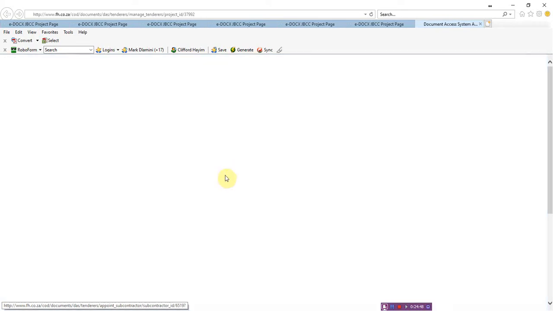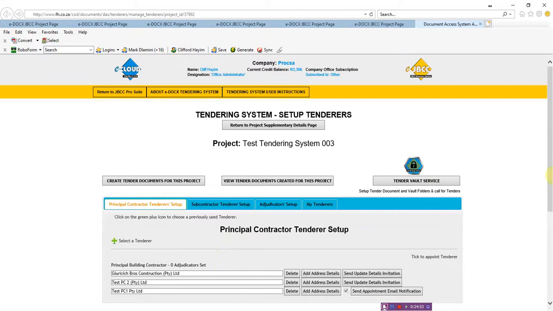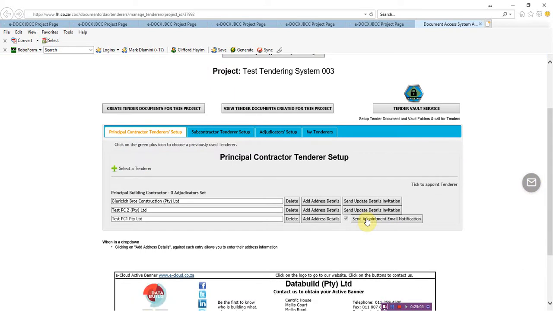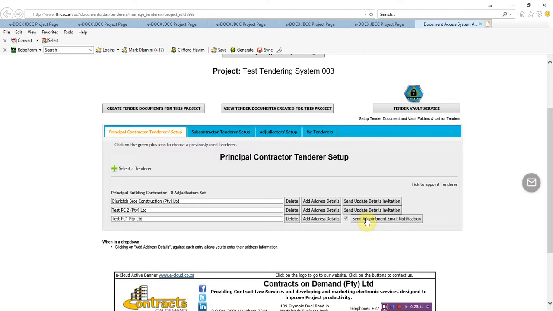It gives us the opportunity to send out a standard email to that, which we haven't done yet, but there is an option if you want to send an appointment email notification to that particular contractor, and at the same time it will convert that yes to a no, so we now know that it's no longer a tender contract data. And that document can then go through signing, and the next step in the process would be